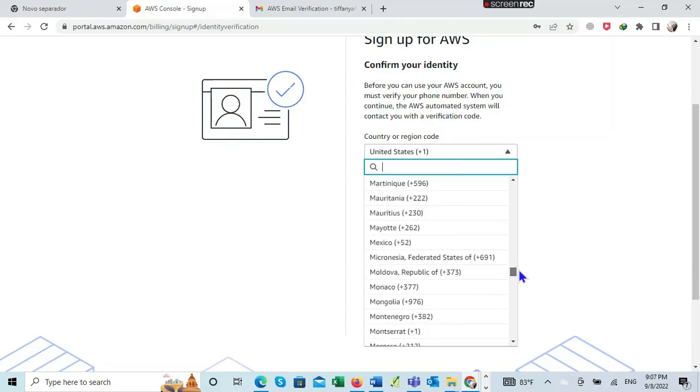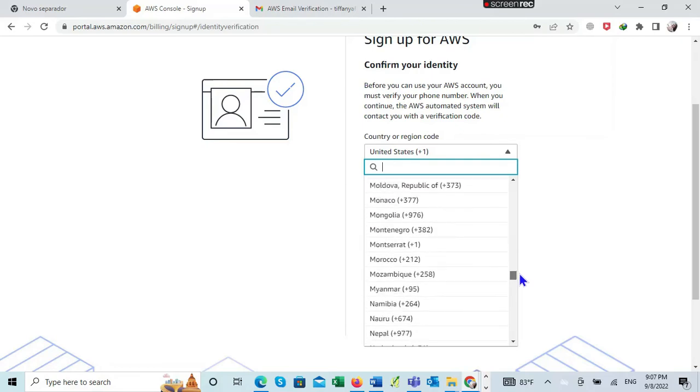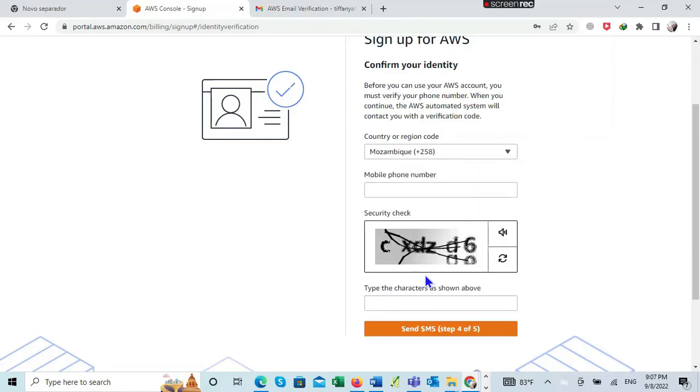So let us try to find Mozambique. It's here. We click there, and we now put the exact same phone number that we inputted